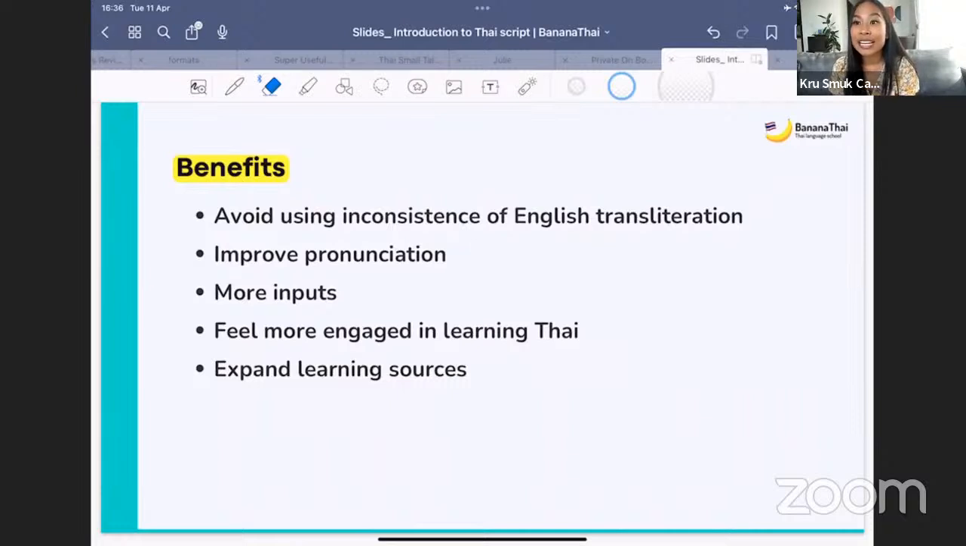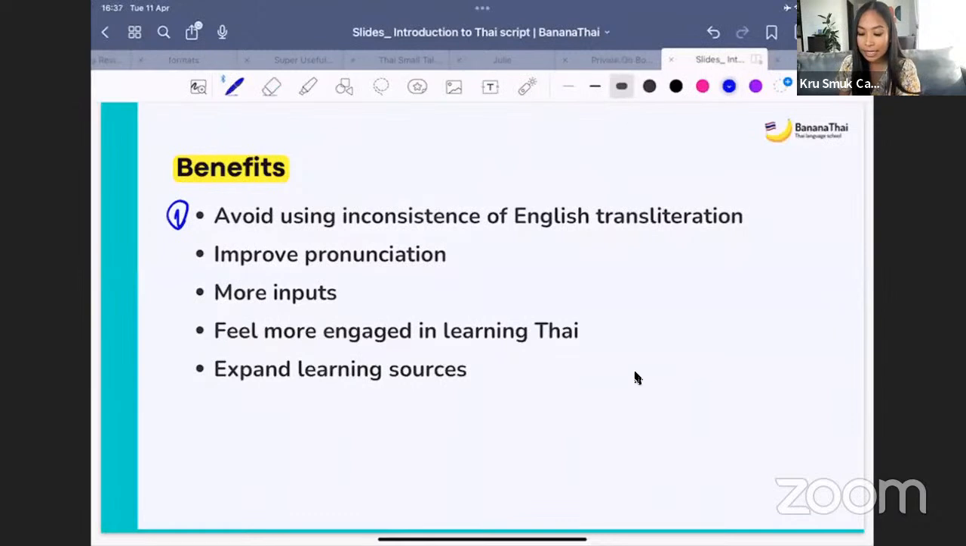Do we need to learn Thai script from the beginning? It really depends. If you are in a rush to speak Thai, if you are in Thailand and you want to communicate and converse with people as soon as possible, then maybe it might be better for you to start with speaking Thai. But if your goal is to become fluent and you allow yourself to invest in learning Thai for a longer period, like 6 months or 1 year, I highly recommend you start with learning Thai script because number one,